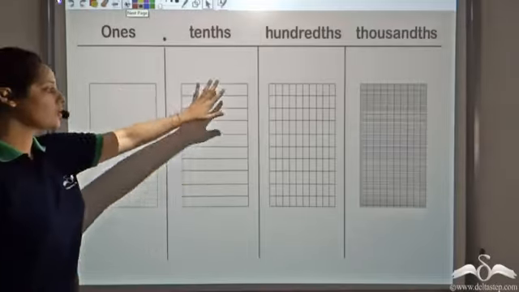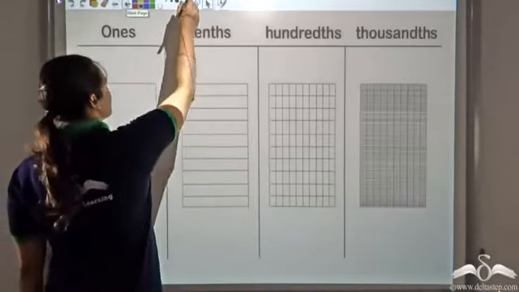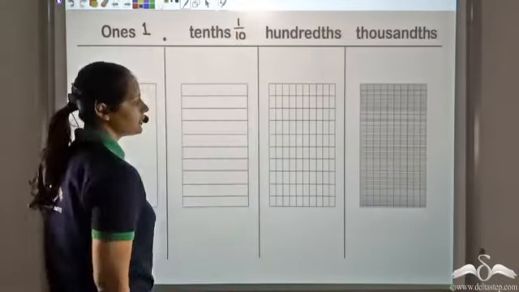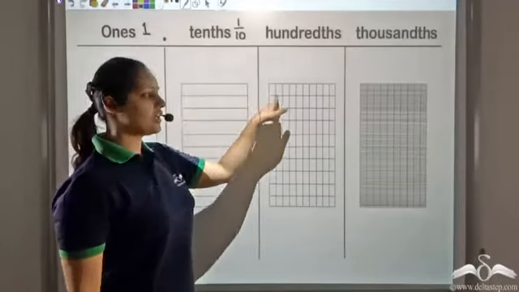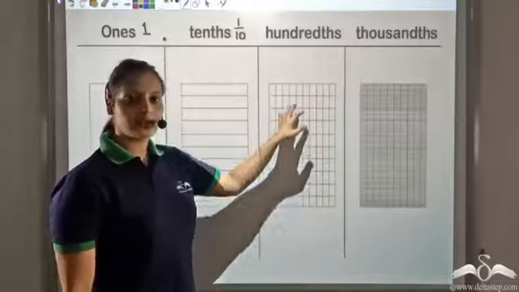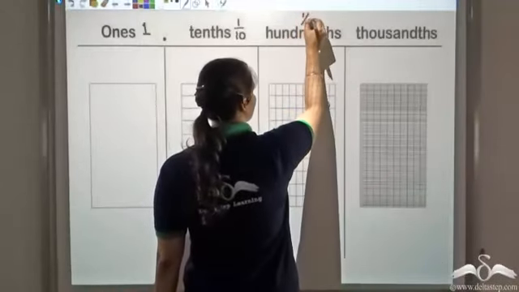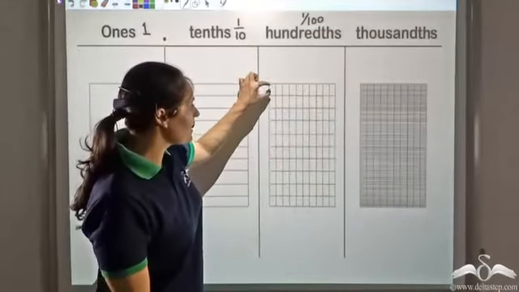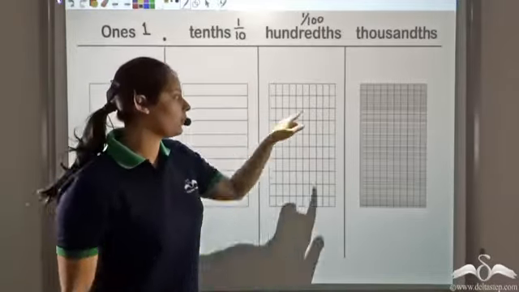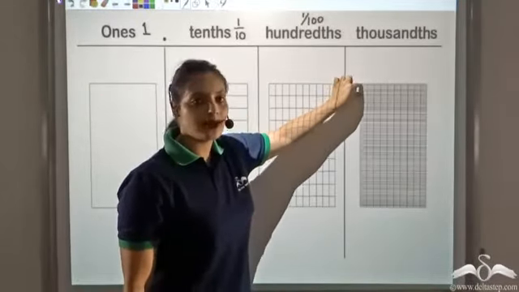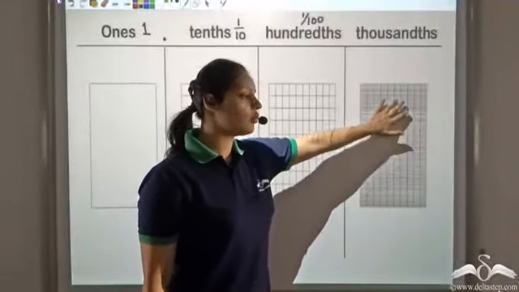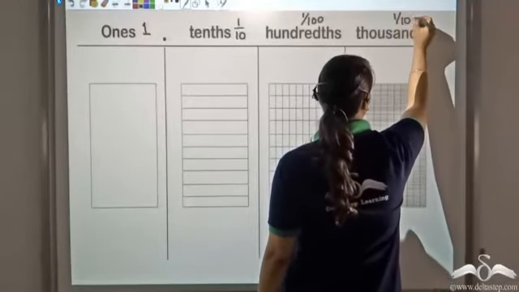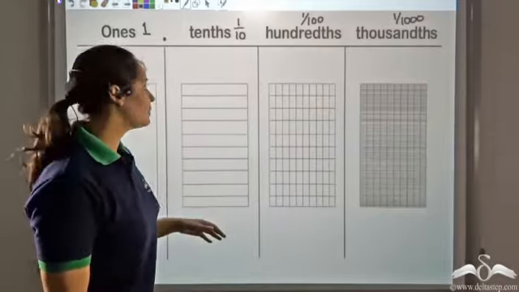That is 1. This is 1 divided into 10 equal parts. Now further I divided each tenth into 10 equal parts. So there are 100 parts in this 1 now. So 1 has been divided into 100 equal parts, which is hundredths. And further what I did is, I divided each hundredth into 10 equal parts. So each hundredth has 10 parts. So now I have divided this one whole box into 1000 small parts, which gives me 1 by thousand. So this is how I get these numbers.